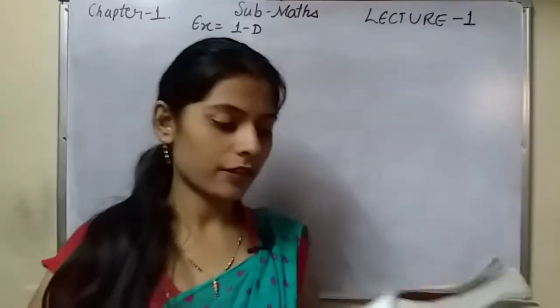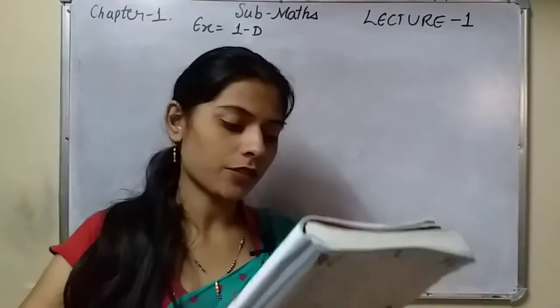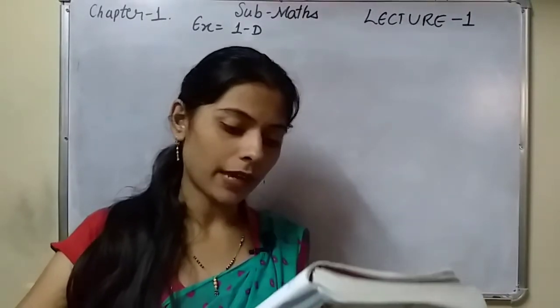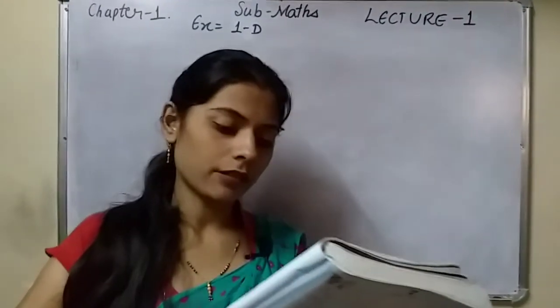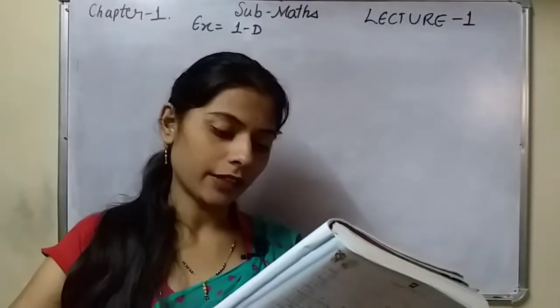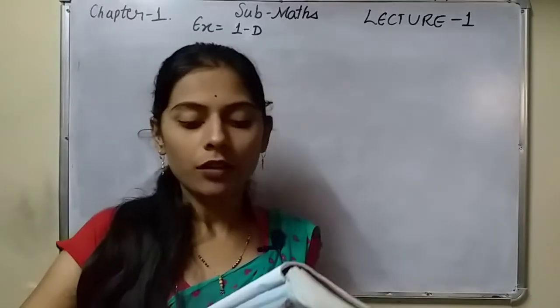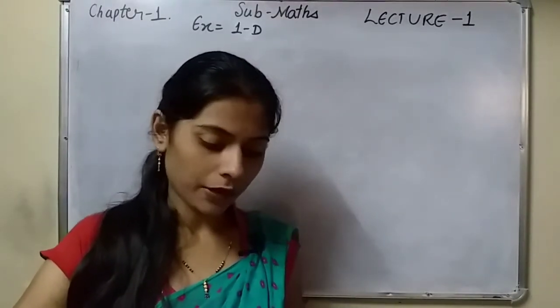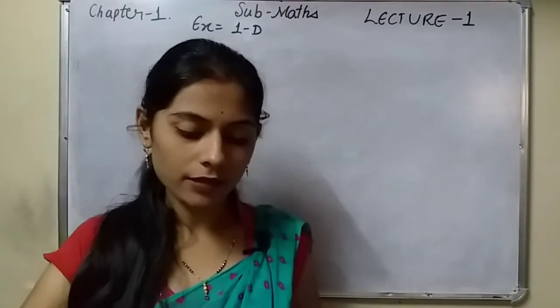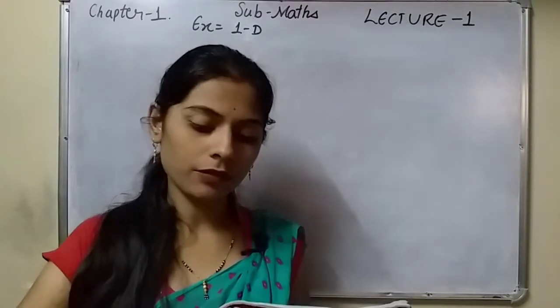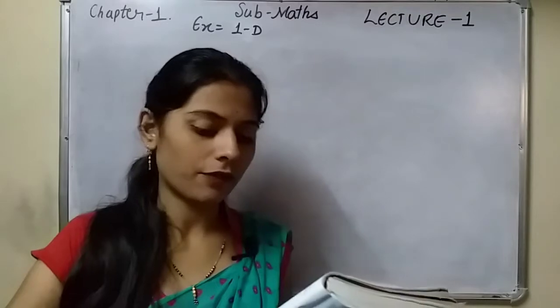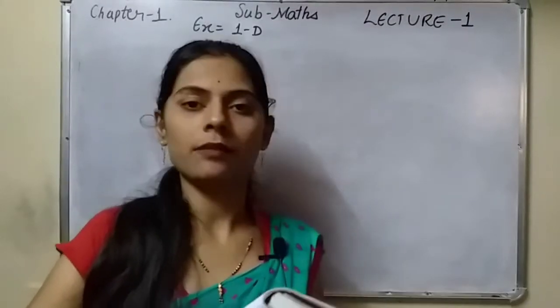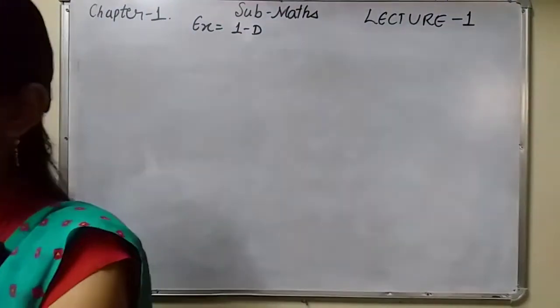Okay, your question number first is: Mr. Nair had rupees 2500 in his bank on 1st January 2017. He deposited rupees 1250 in January and withdrew rupees 750 in February. What was Mr. Nair's bank balance on 1st April 2017 if he deposited rupees 500 and withdrew rupees 300 in March?